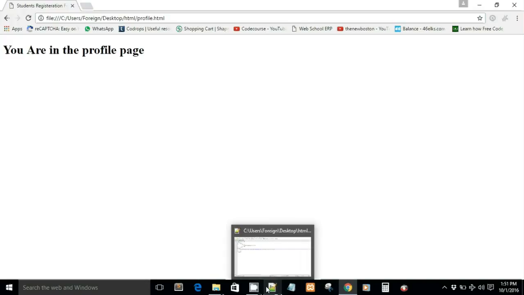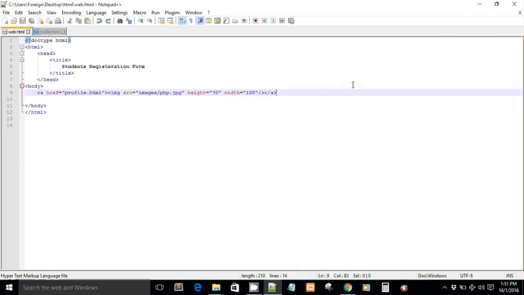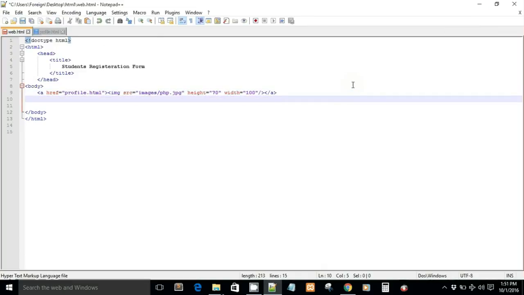You can create another one. It doesn't apply only to pictures, but you can apply it to anything. Let's say a href, which will show you the location of the HTML page. So let's say a href profile.html. Okay, then I'll say p, of course my p tag,